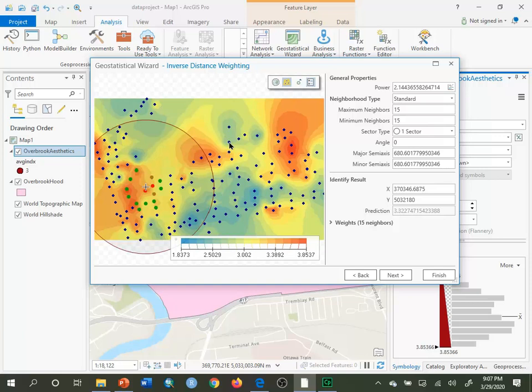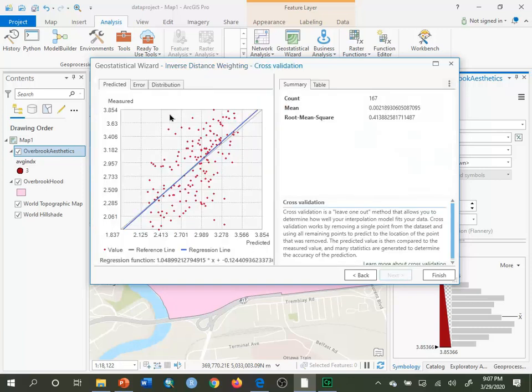And we record those differences. And that happens 167 times in order to produce a means by which we can assess how well our model, our inverse distance weighted optimized model, works in reproducing the observed values when they're not included in the data set